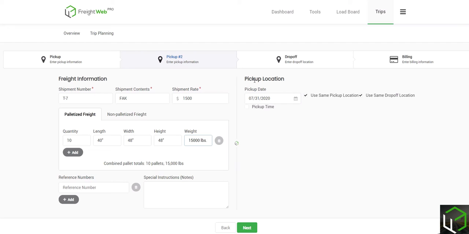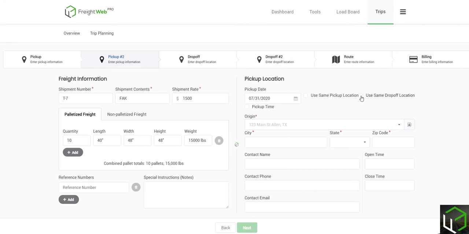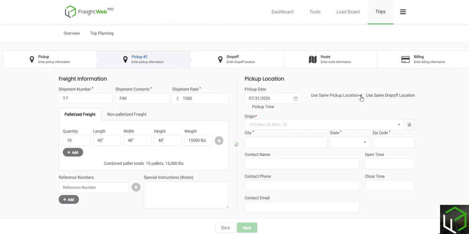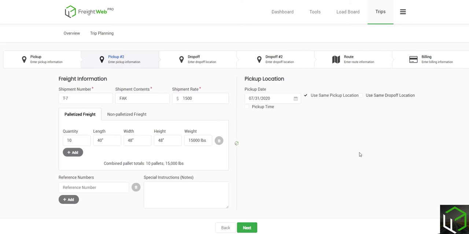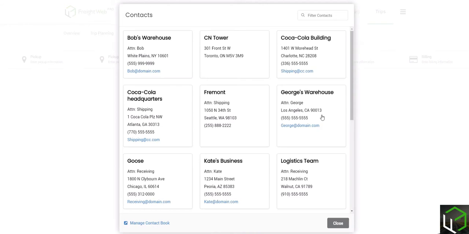You'll also see to the right where it'll allow you to do a new date for pickup, and you can choose to use the same pickup location and the same drop-off location, or neither. In this case, I'm going to use the same pickup location and a different drop-off. Select Next. You can now add a second delivery location